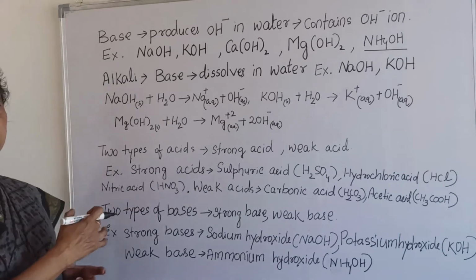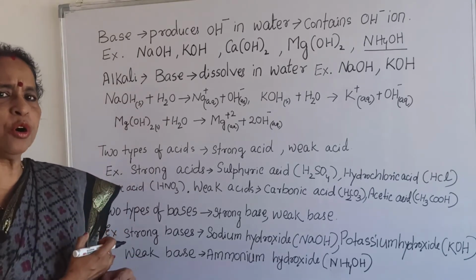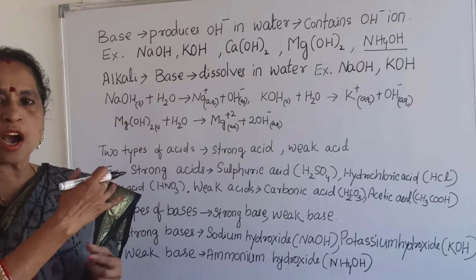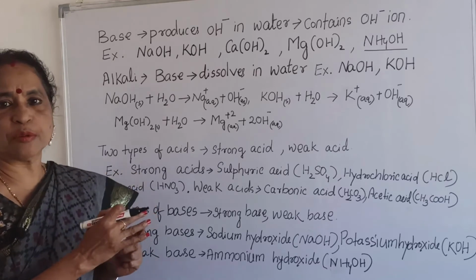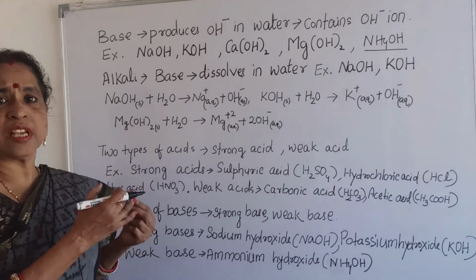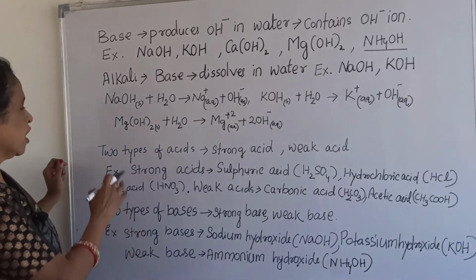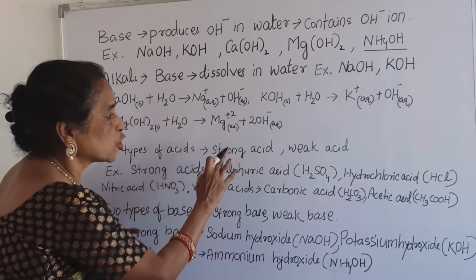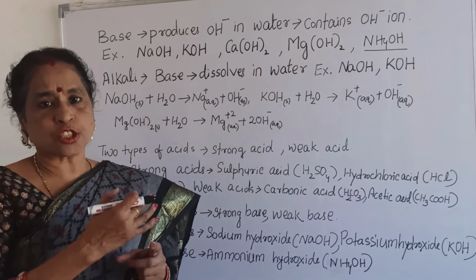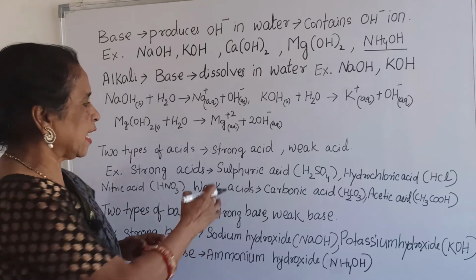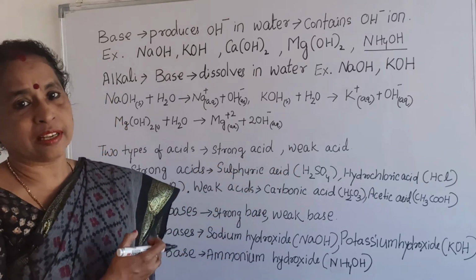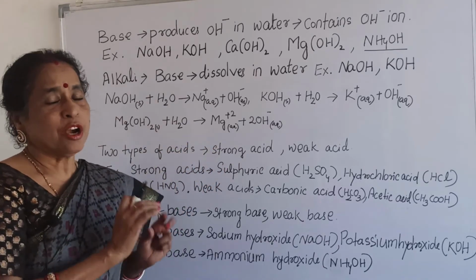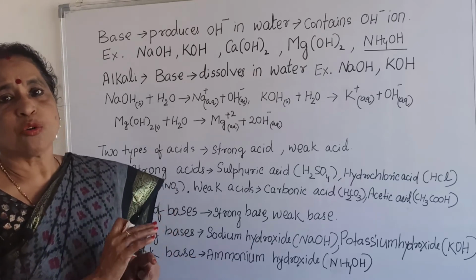Then come to what are the types of acid and base. Till now we know what is meant by acid. Acid is one which produces H plus ion in water, but nowadays we know that it is hydronium ion. Similarly, base means which produces OH minus in water. Then the question here, what are the types of acid? The types of acid are known as strong acid and weak acid. What is strong acid? What is weak acid? All the things will be clear in 11th chemistry, but now here we will only remember what are the strong acids and what are the weak acids.